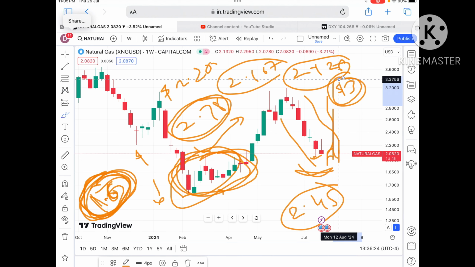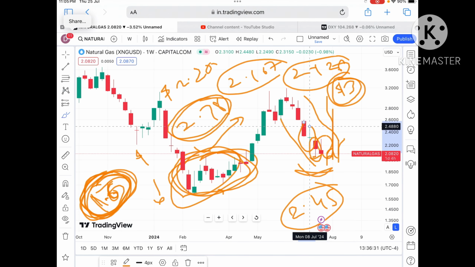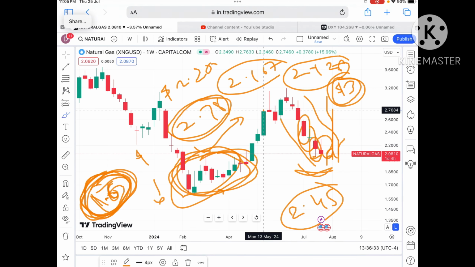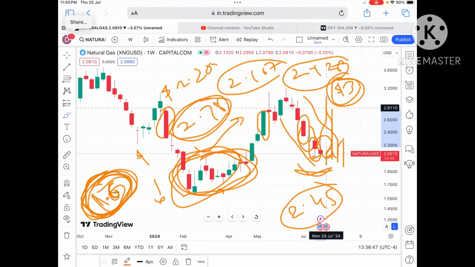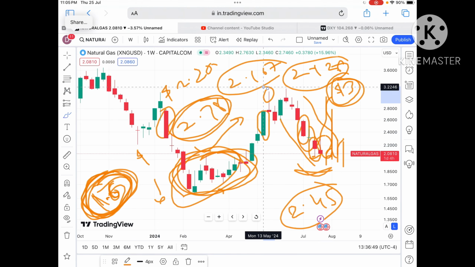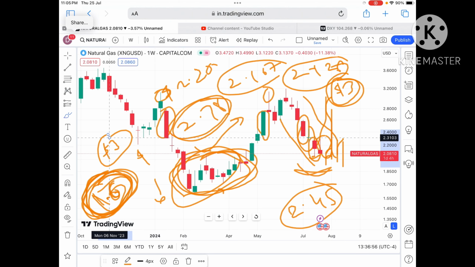Why I'm not explaining above 3, because we have not seen a very big movement. If you look at this trend, there is not a big volatility we have seen. The volatility we have seen is this, the maximum, otherwise at this level we have not seen a big movement. So probability can be high that if the price started going above $2.8, it can cross a level of 3, and if the price started coming close to $3, I'll make another video explaining where it will go.